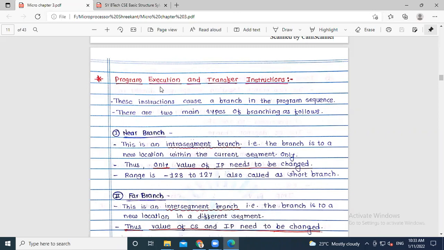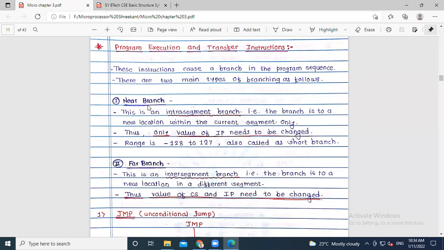So these instructions cause a branch in the program sequence. There are mainly two types of branching, that is near branch and far branch. The label you are using before the mnemonic is optional. If you need it, we have to use a label. In the near branch, we call it an intra-segment branch, and the far branch we call an inter-segment